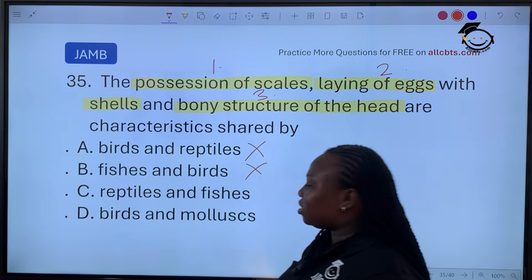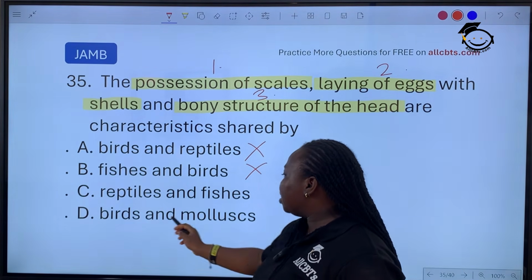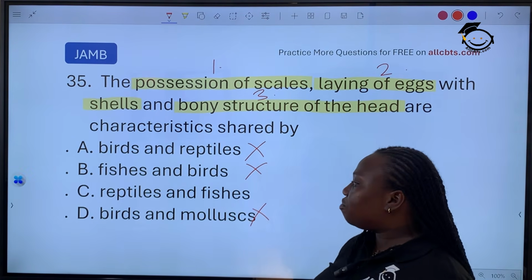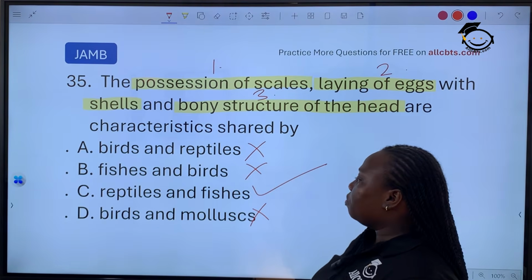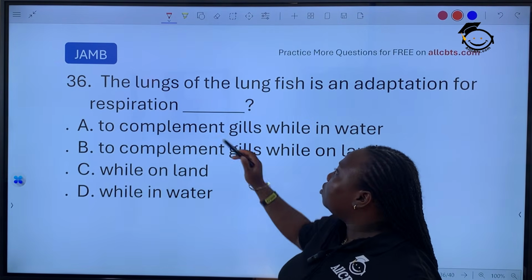Now reptiles and fishes, they have a bony structure of their head. So yes. Now we have birds and mollusks. No, mollusks don't have scales. So our answer is reptiles and fishes. Number 36. The lungs of the